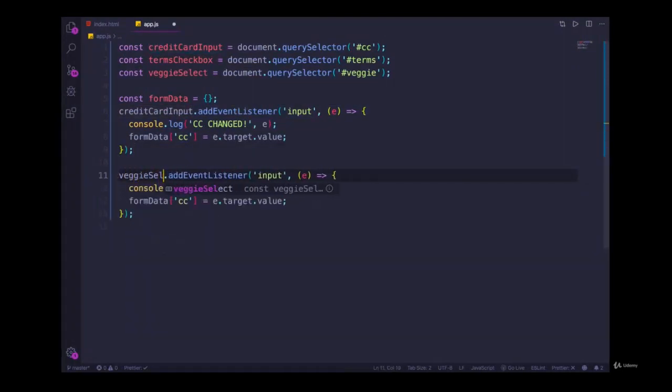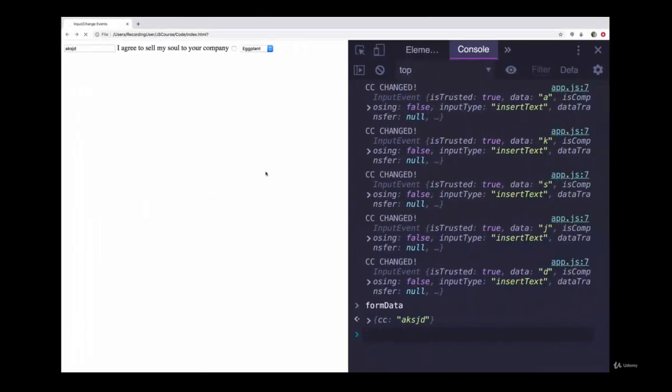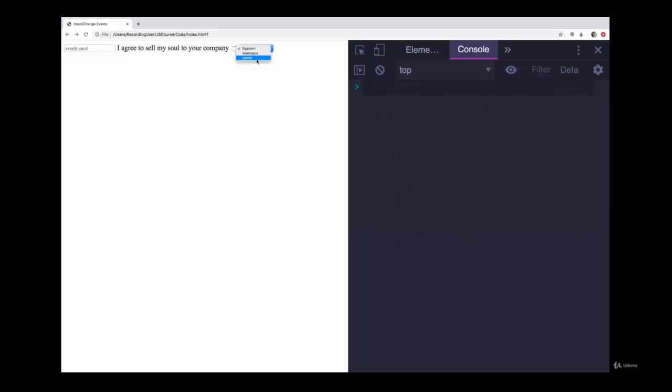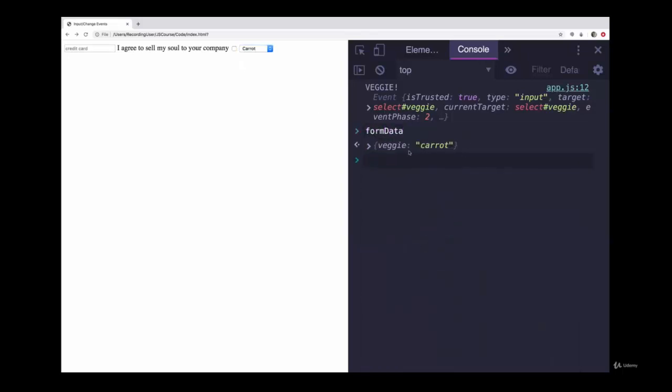So veggieSelect.addEventListener for the input event, which will trigger whenever we change the value of that select. So instead of creditCardChanged, we'll say veggieChanged. And let's add to form data under the key veggie. So I'll change this value, and we get our console.log. If I look at my form data object, it has veggie of carrot,